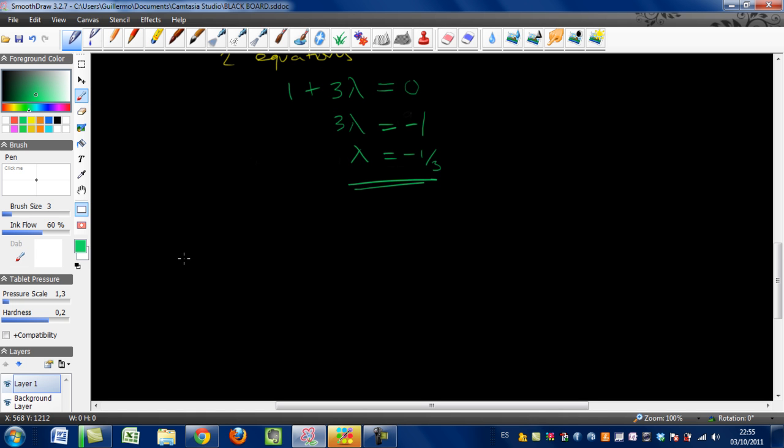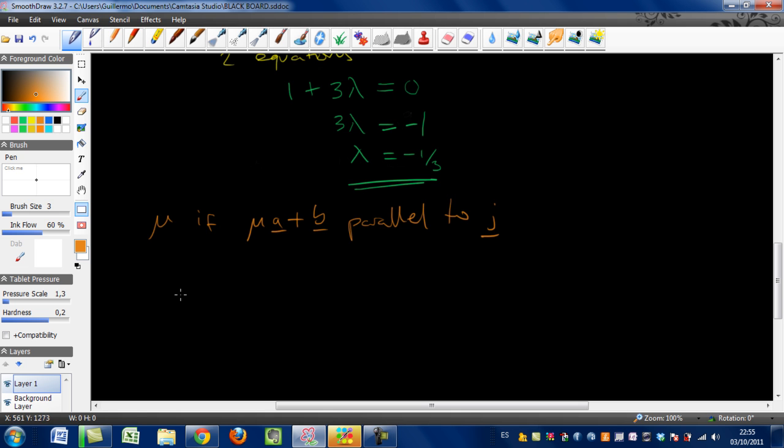So in the next one it says, find mu if mu a plus b is now parallel to j. Right, so if we do the equation again, now the mu is next to the a and not the b,